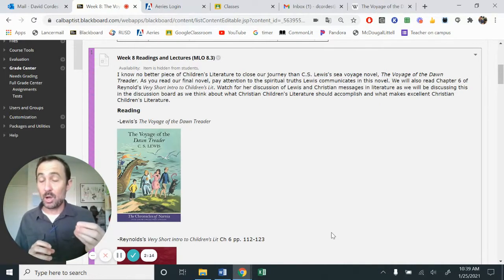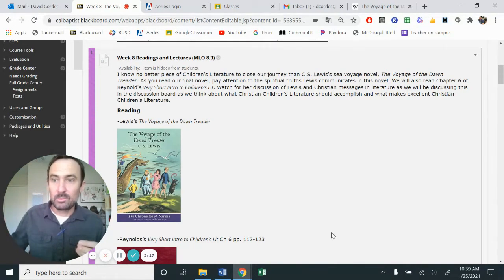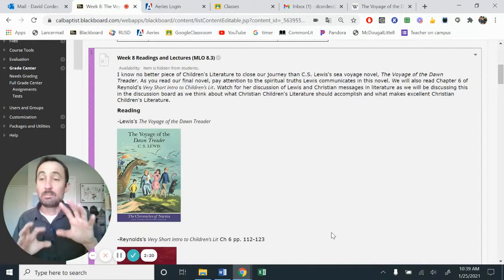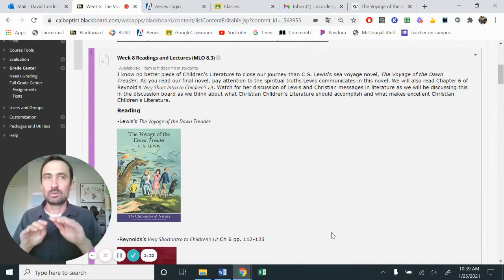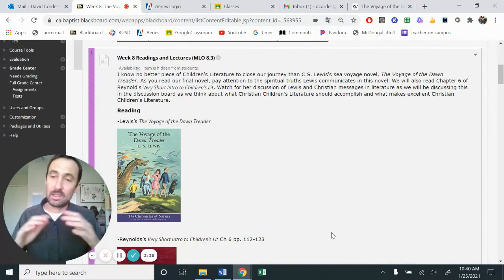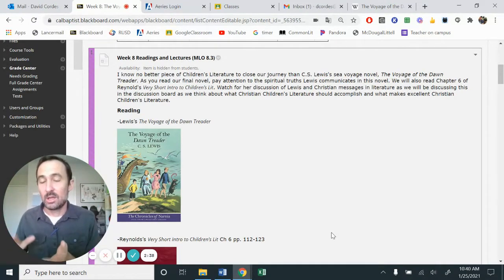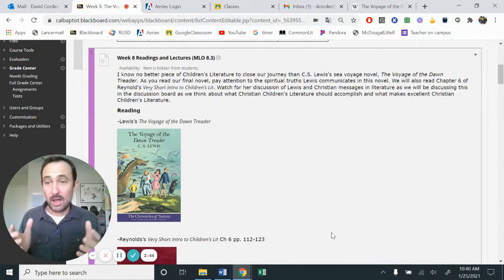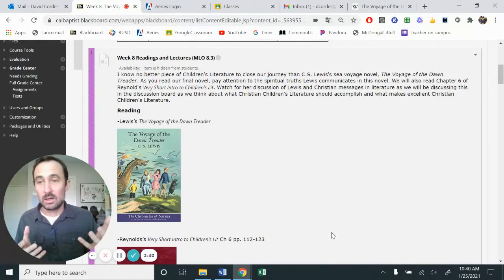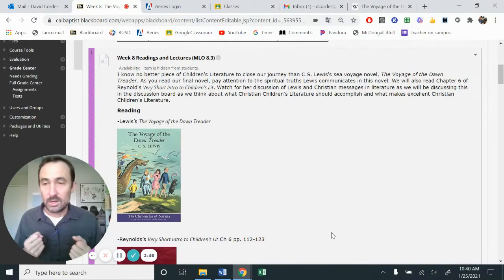There's that component, and that may not be seen in every piece of children's literature, but there are components and motifs of self-sacrifice. There are motifs of what is the greater good. When we talk about Christianity or any type of religion, we have to find those bigger umbrella ideas and themes and see how those transition from one story to the next, okay? Now, there is obviously biblical truth found in Scripture. There are multiple religions that deal with the same components of right versus wrong, loving one another.